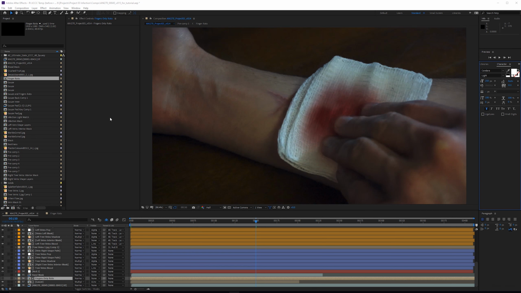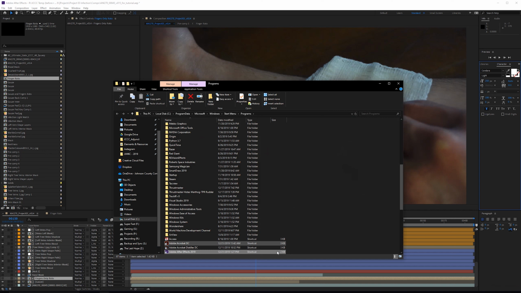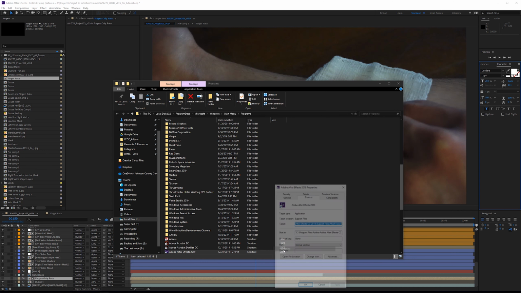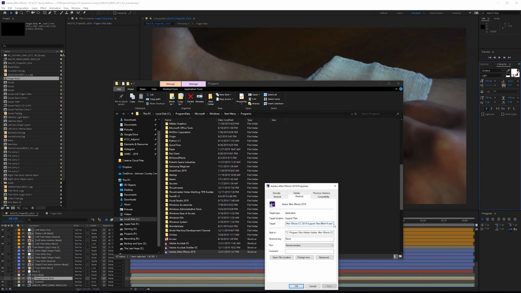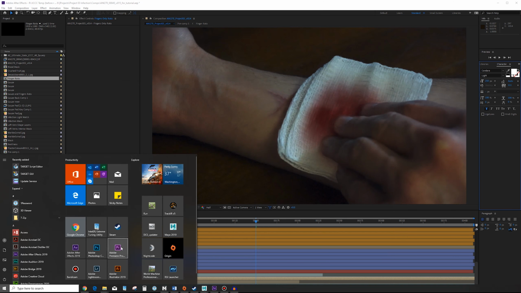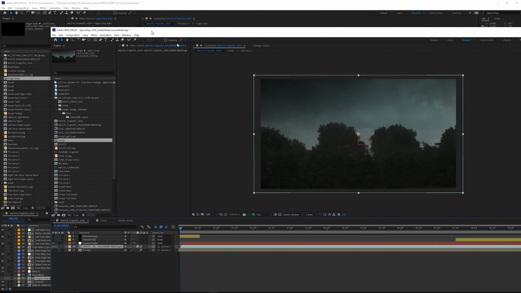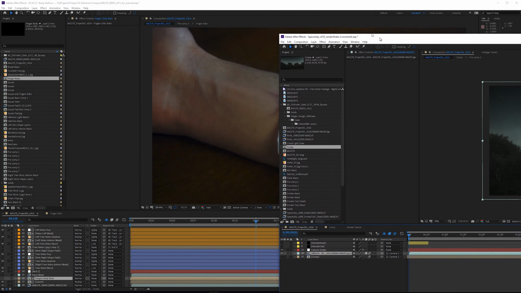So this is a PC only thing that I know of. I don't know if this works for Mac, but I don't own a Mac, so I can't really test it. You want to open up Start, find After Effects, right click, and then do Open File Location. When Windows Explorer opens up, right click on the shortcut, go to Properties, and inside the target path, at the very end, after the quotes, type in space -m, then click OK. You need to have admin rights to do this, click Continue, and now you can open up a second instance of After Effects. So now you have two completely separate instances of After Effects open at the same time.